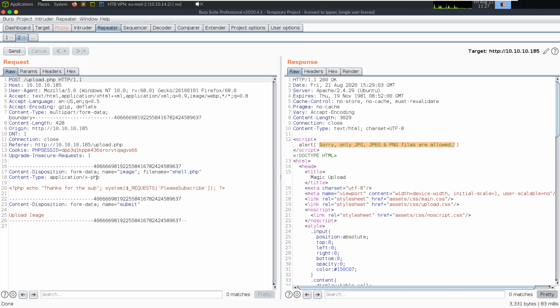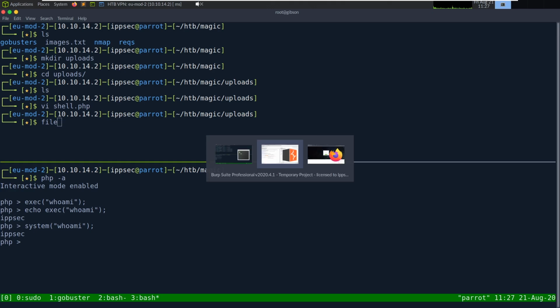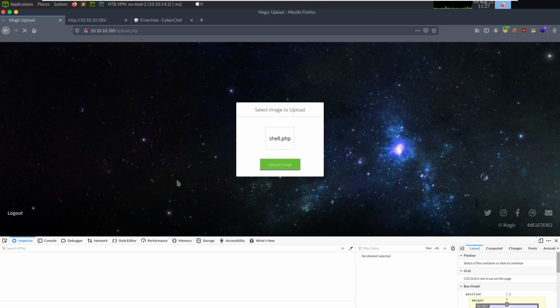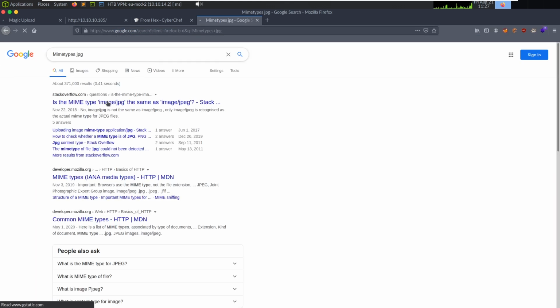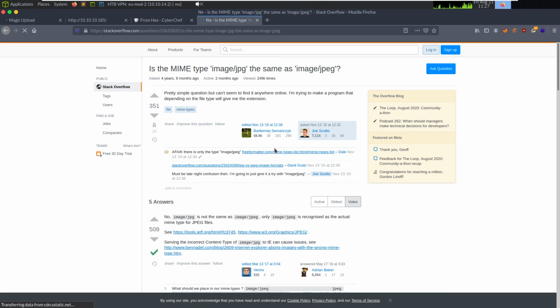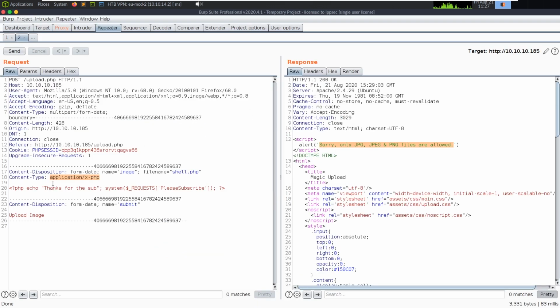So we can try changing the MIME type. So let's go and do file. I don't know exactly what the MIME type is off the top of my head. So MIME types JPEG. And let's turn Burp off. Image/JPEG. That's easy enough. Not the same. Okay. Content type image/JPEG. Okay. Let's do